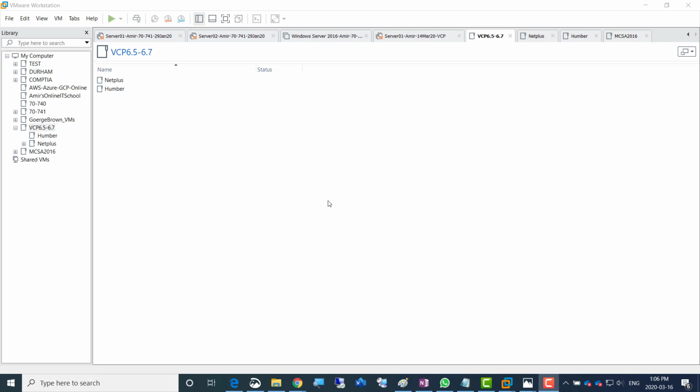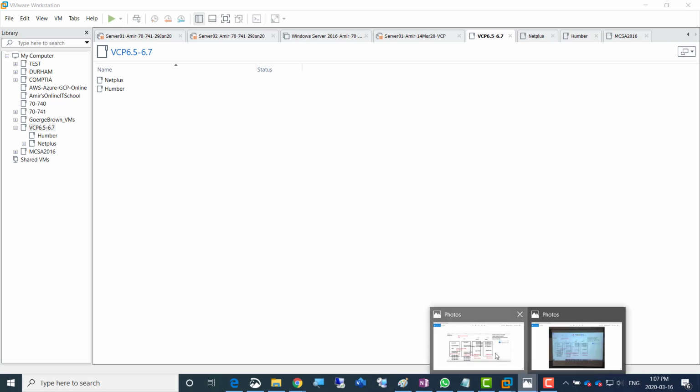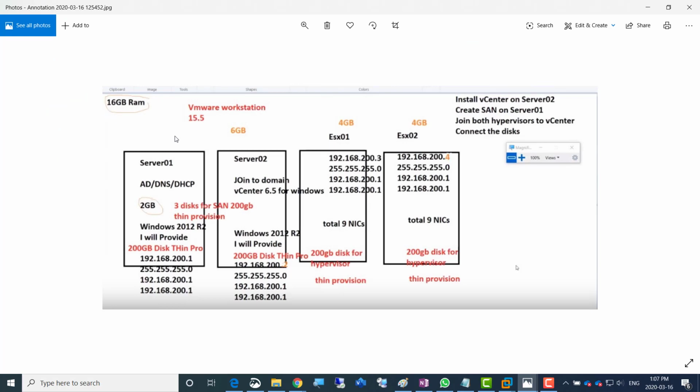Let's start creating our environment at Humber College Lab. So VMware 6.5, we all decided to switch to laptops, as the vCloud was giving problems to many students and was very slow and was doing some unpredictable things. So what we need to do for this is follow a plan. We talked about this diagram here that we're going to